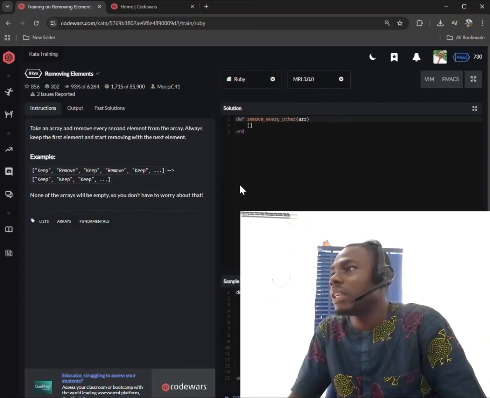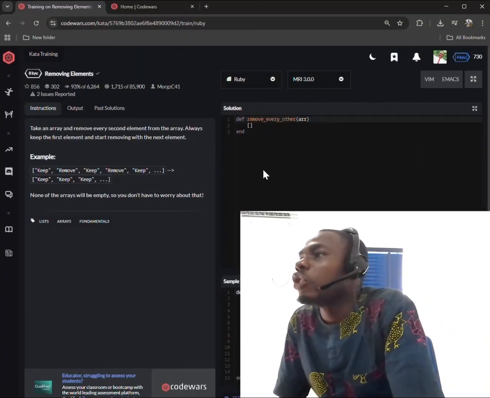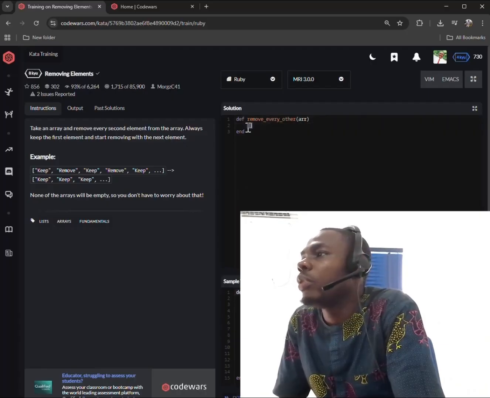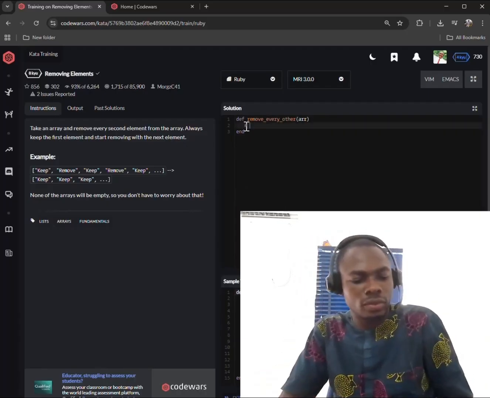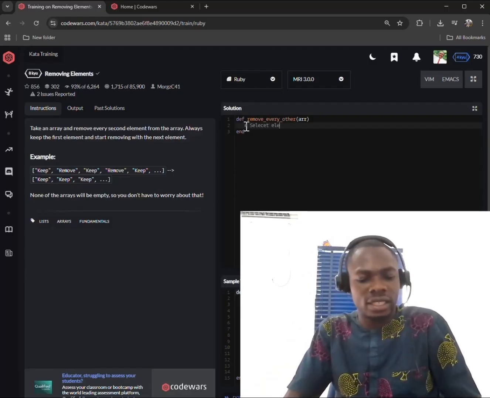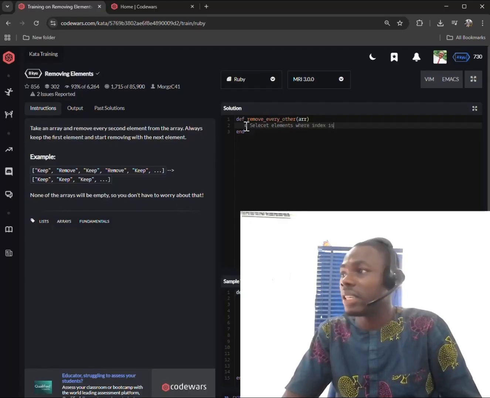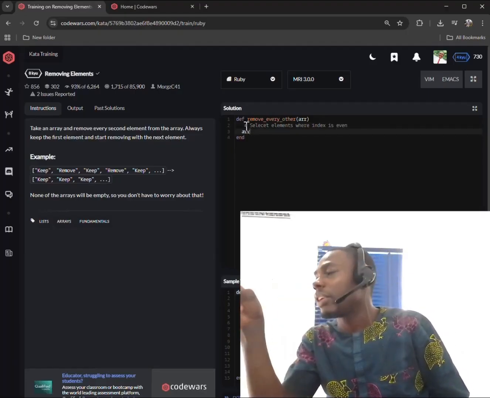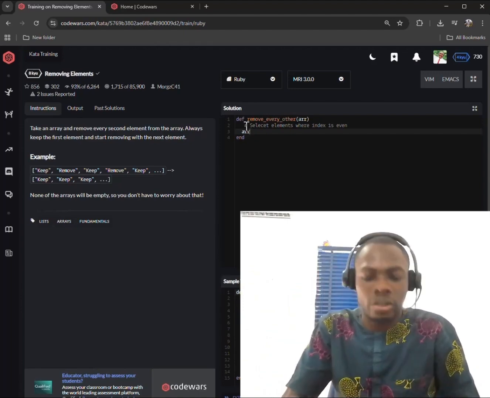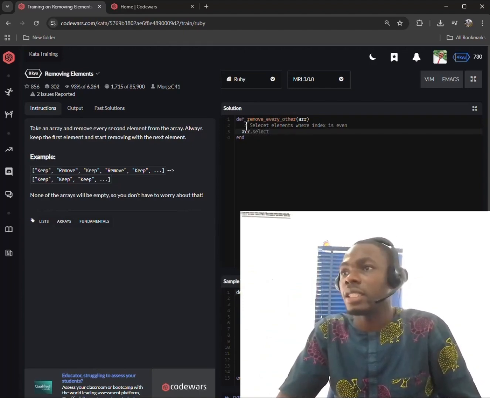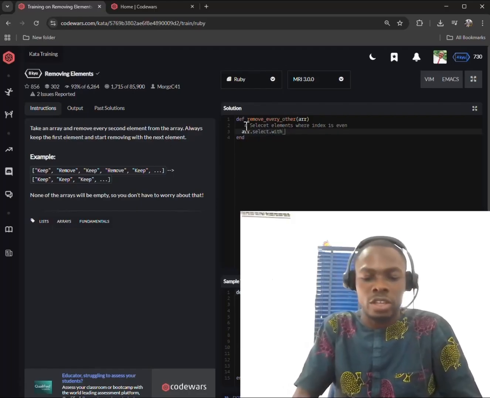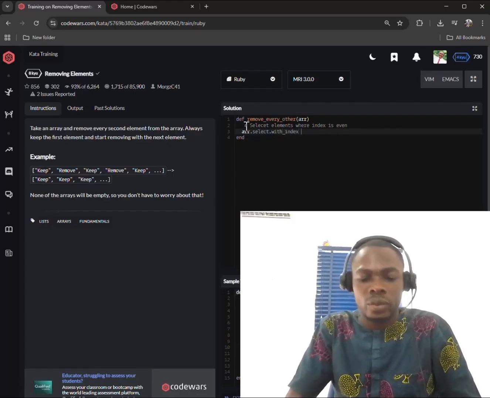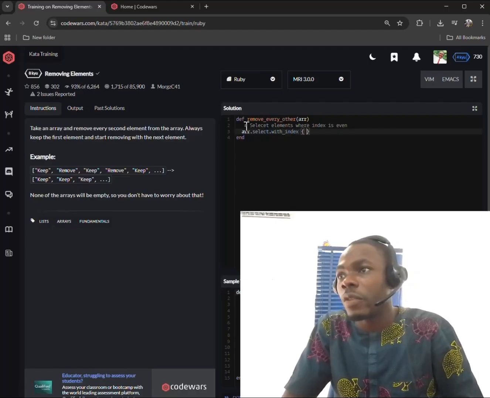Let's see. Ruby. So here's how we'll get this done: select elements where the index is even. So the name of the parameter inside of the parenthesis: array.select.with_index, then the curly brace, give a space,